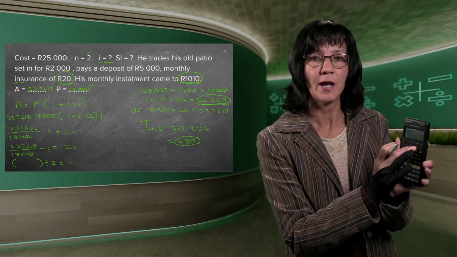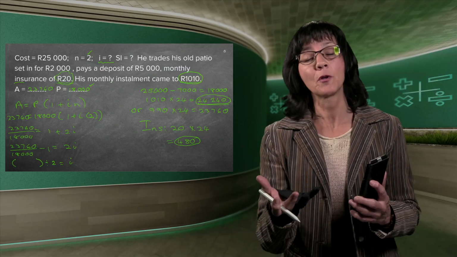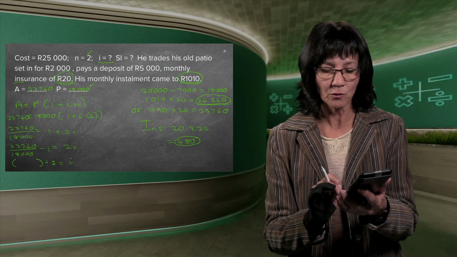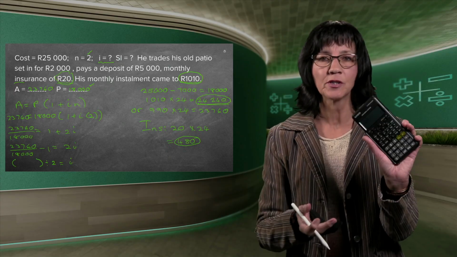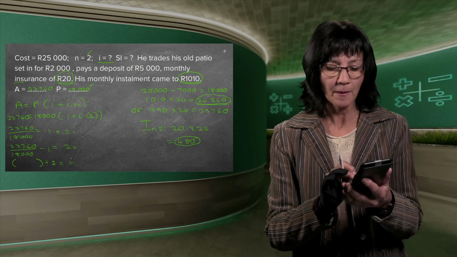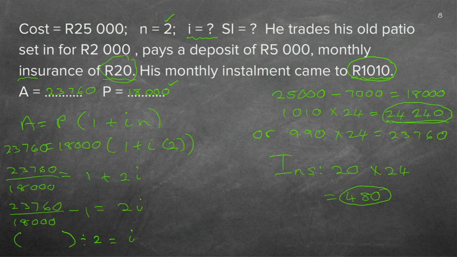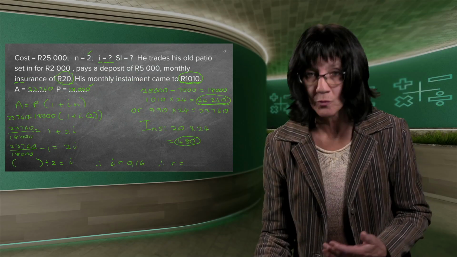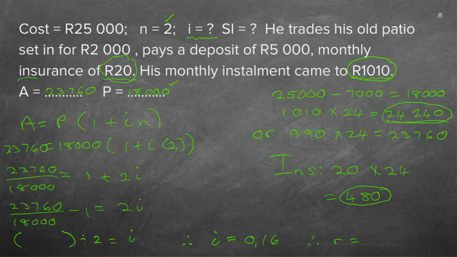Now I need to go to the right-hand side with the cursor to show I'm not working with a fraction anymore, because now I'm minus 1. And then I'm going to push the equal sign, because now I still need to take that and divide it by 2. And that gives me a fraction, but I need to change it. And if I change it, I get the answer I is equal to 0.16. Now remember what they asked. They said, what was the interest rate? And normally when we give an answer, we say, therefore, the interest rate, which rate R, we say 16%.